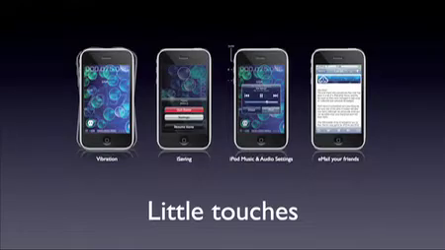Finally, we've added an email functionality, so you can send emails from the application to your friends, basically saying, I know I've got a really good score and I've collected 22 badges, do you reckon you can do better? And they'll receive that and they can then either download the application or try and compete with you.